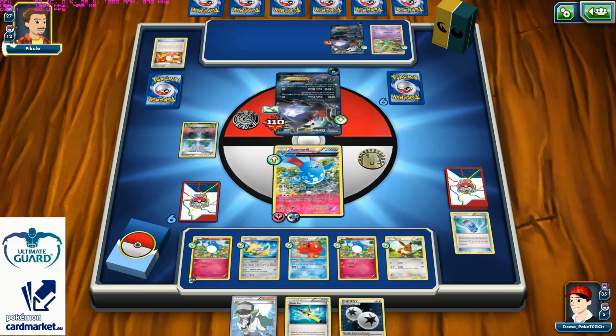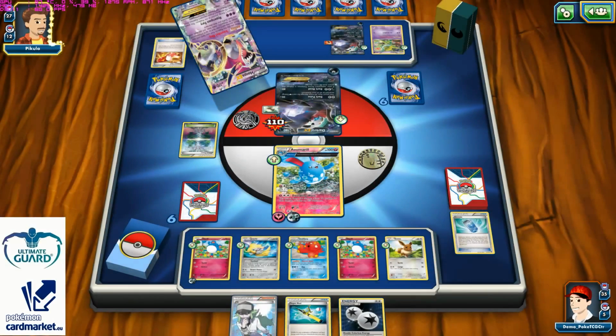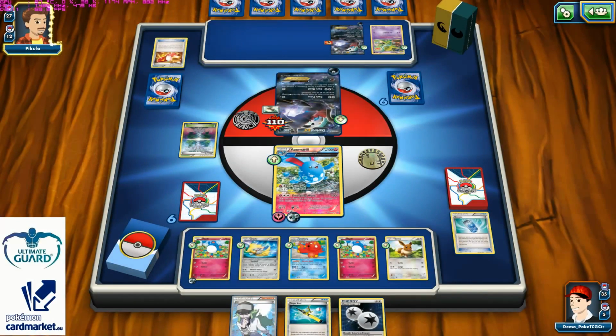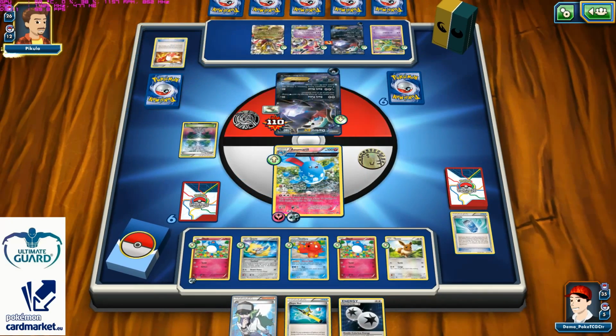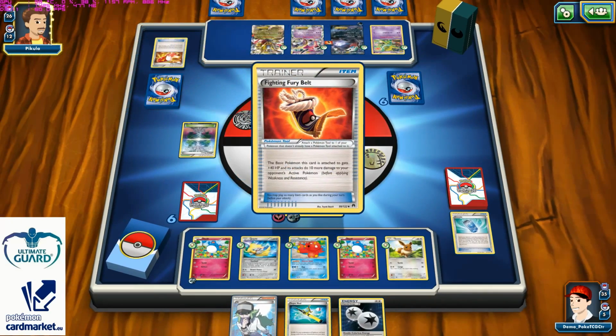There's one Float Stone attached to Darkrai. He can have it for a treat. There's a big Hoopa EX. I still don't see Shamans. Maybe Shamans are prized in this game. Who knows? There's a Giratina with the Chaos Wheel, so he can just try to bring those Double Dragon Energies,